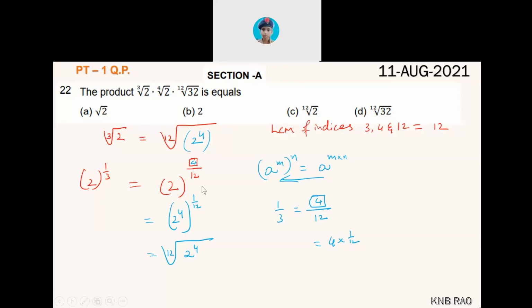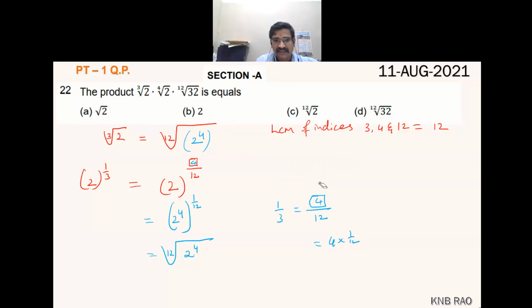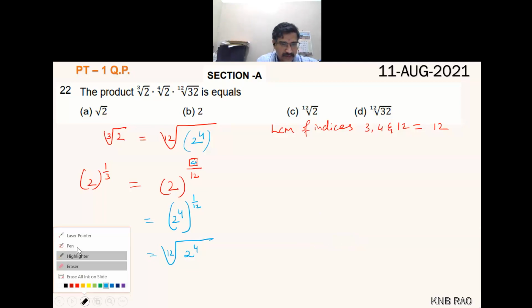12th root 2 raised to 3. Very good. Perfect. Have you understood here? Now we will write the rest of the other into the index 12. Okay, now I am bringing it into